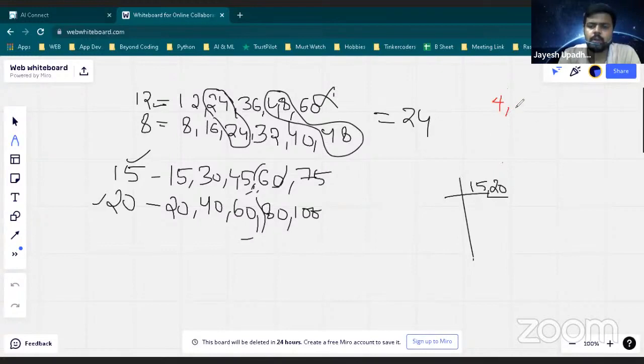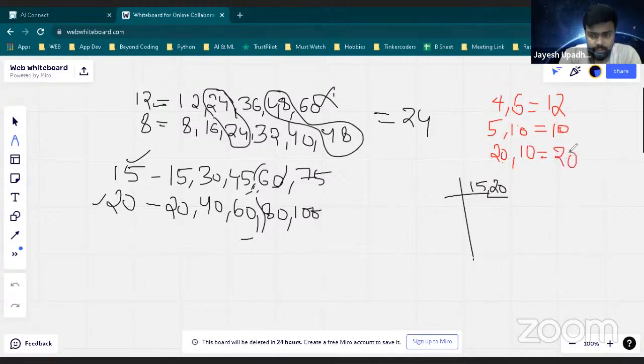Let's say 4 and 6. What is the LCM of this? So I hope you are telling me 12, right? What is the LCM of 5 and 10? Yes, I hope you are guessing it correctly. That is 10. Let's say 20 and 10. So again, let's say you are saying 20. So let's say I will take a big number, 30 and let's say 40.